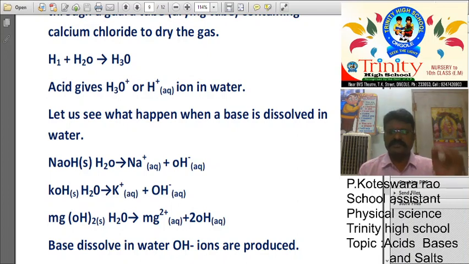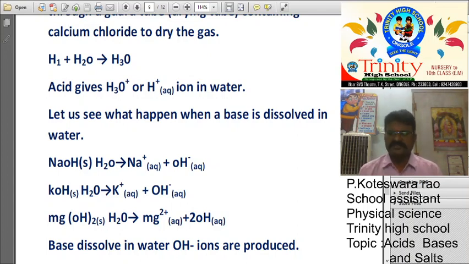We conduct the same experiment, but in place of that we add NaOH pellets to water. Then if you touch it, it also produces heat. It is so hot. So if you add acid or base to water, continuous stirring takes place. If water is added to acid or base, what happens? It is very dangerous. Heat is produced, the chemical may splash out and fall on our skin. Because of local heating, the test tube may burst and cause fire. So water is not added to acid or base.